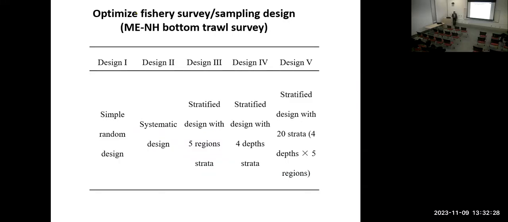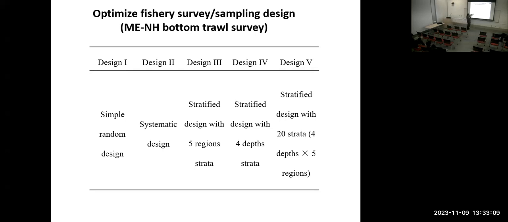We actually talked to the Maine Department of Marine Resources and asked them, this is what you have right now, design 5, the one that they use, and what kind of strategy do you want us to test, and what do you think is feasible? When you design a survey, you have to think about whether you can afford it, because cost is always a problem, and also logistics. If you have too many stations, of course you get really nice data, but you cannot afford it. And logistically, you probably would not be able to implement it. It's too complicated.